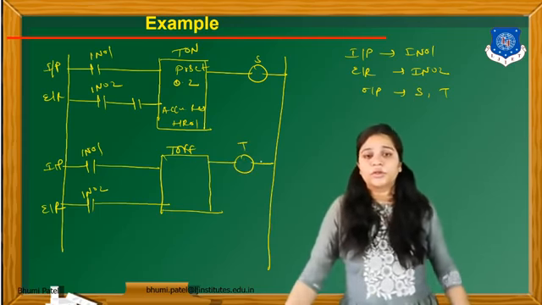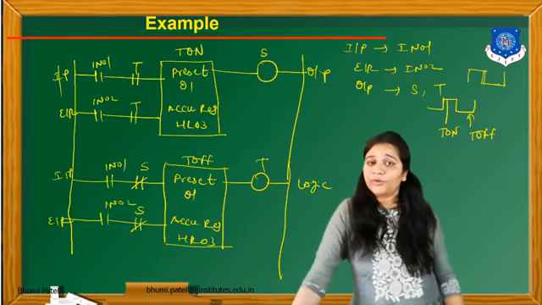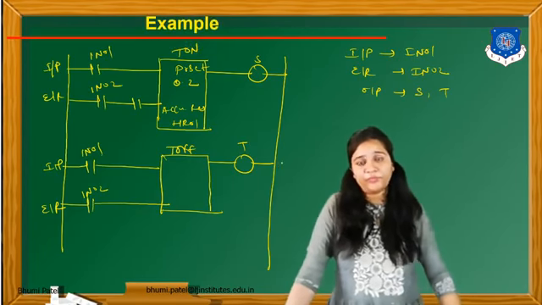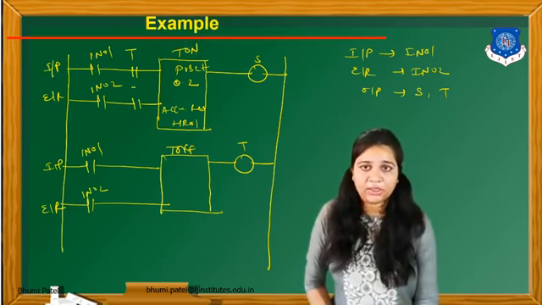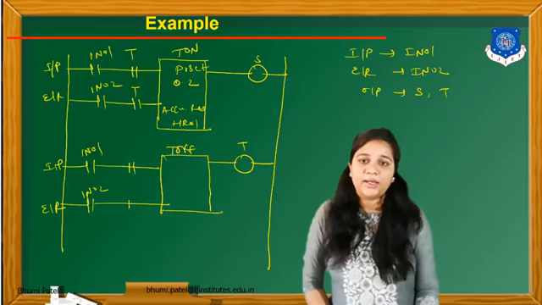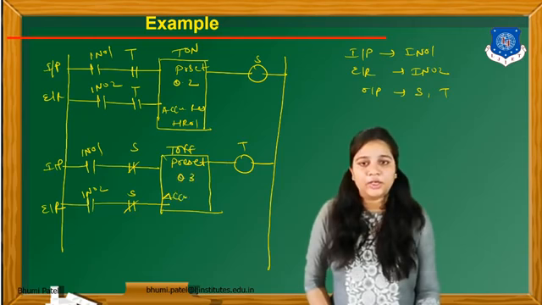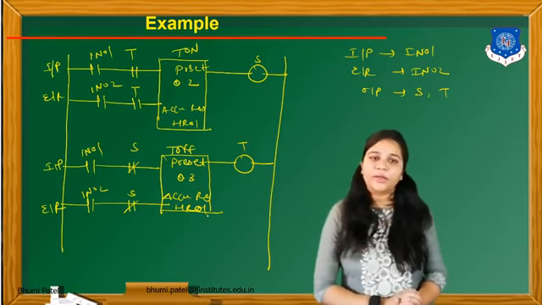Okay. Now see the previous example. We have to take the interlocking process for the square wave. So the same thing that we have to apply for this program. We have to take here interlocking for the T on and for the S for the T off timer, and take the preset value of the T off is 0.3 that we have to find, and the accumulator register is HR01. Okay, so this is the logic for the example number 2.